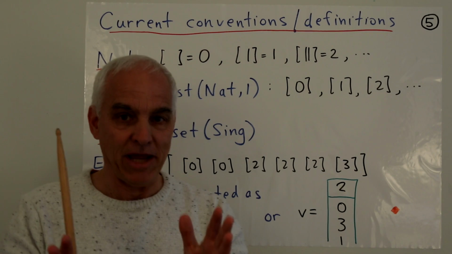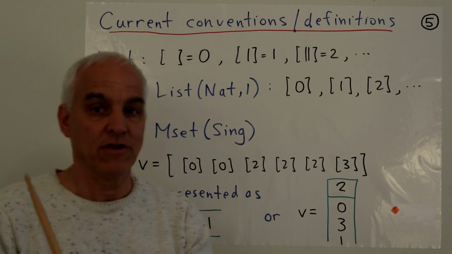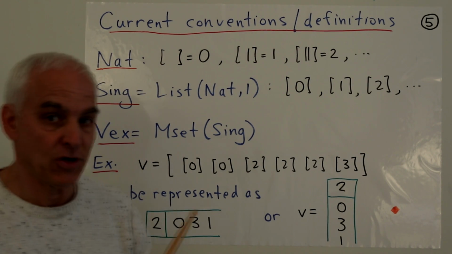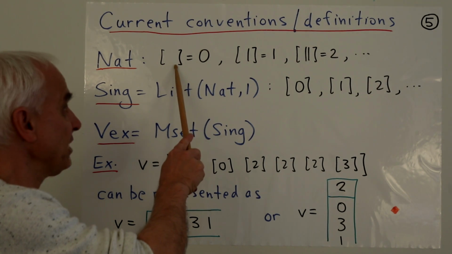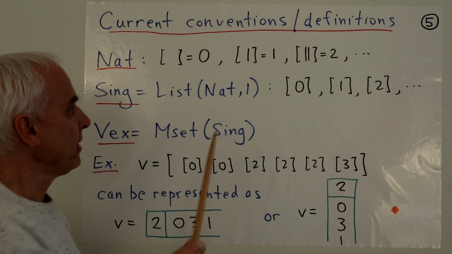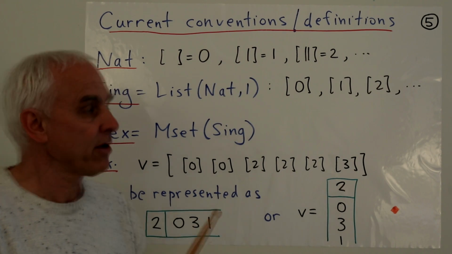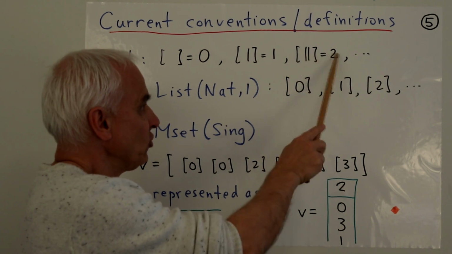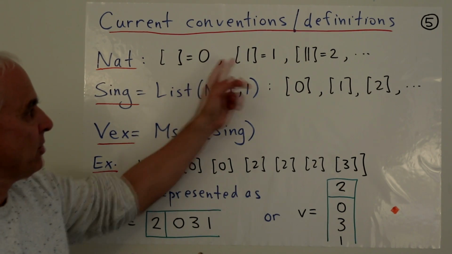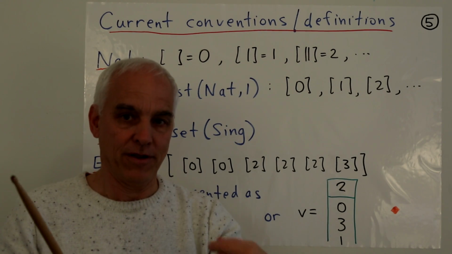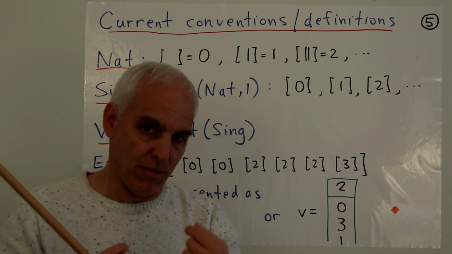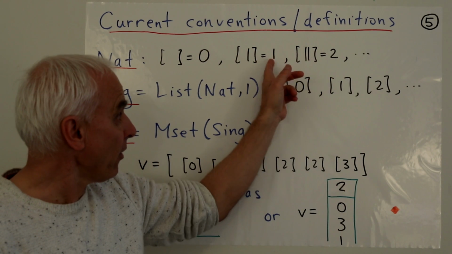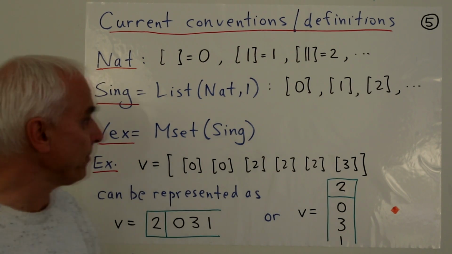Just to make sure we're all on the same page, here is a list of the current conventions or definitions that we're using. Natural numbers means an M-set of marks, which includes the empty M-set, and that number is called 0. Here is the M-set with a single mark. It's the number 1. There's a Hindu-Arabic form of it. Here's the M-set 2, and so on. We will be using the Hindu-Arabic names for these natural numbers, but we should be aware that it's really these M-sets of marks which are the fundamental objects. These things here are just convenient names for them.